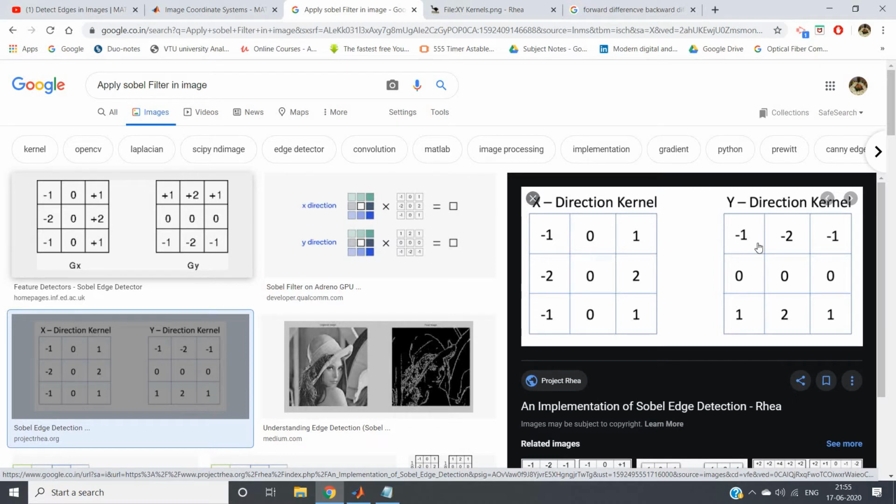But in this other implementation of Sobel edge detection, you get -1 -2 -1 in the upper row and 1 2 1 in the lower row. There's no need for confusion, as those two give you the same output.